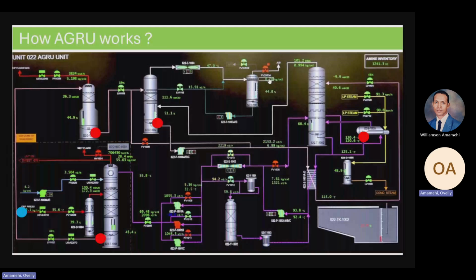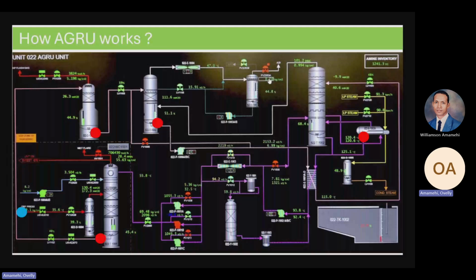In the LP flash drum, approximately 35% of the CO2 is flashed here, and the CO2 exits from the top of the LP flash drum and goes to E1004, or fin fan, and continues to the reflux drum D1003. In the reflux drum the water is condensed here, and the CO2 flows to the AGI, and the process water flows back to the LP flash drum through pump 1003.